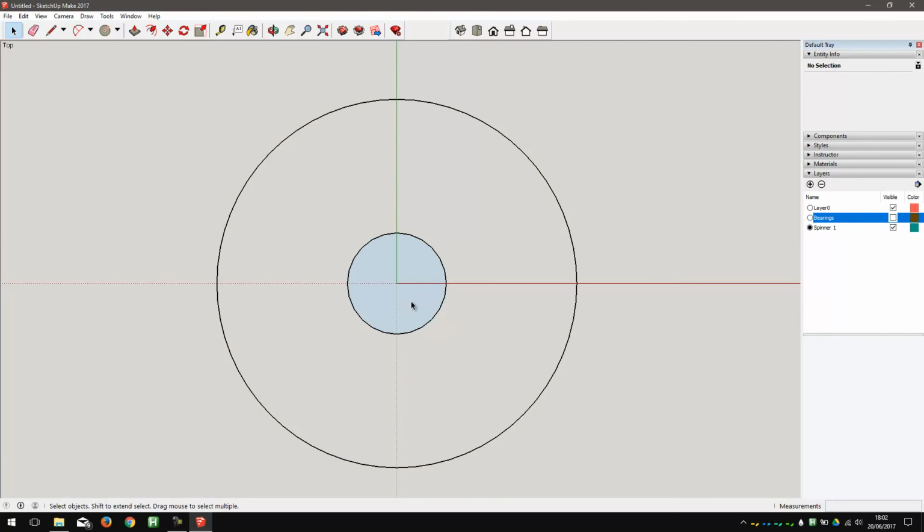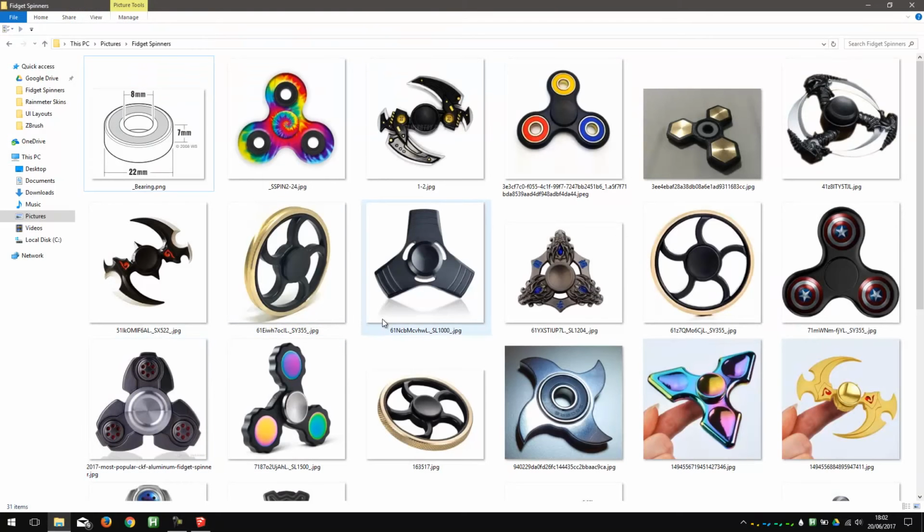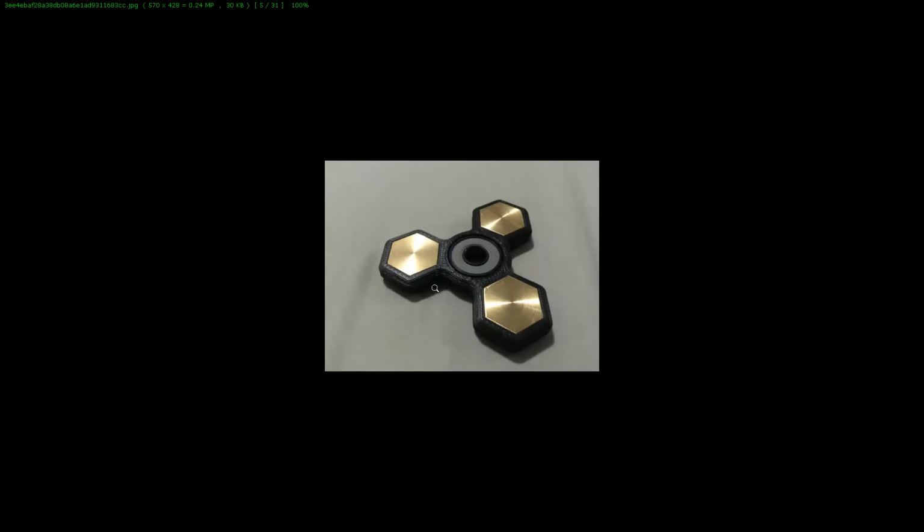So I'm going to make a very basic fidget spinner. We're going to look at, to start with, one with basic geometry. So this one right here. Okay, and this is actually a 3D printed spinner, so it's a nice one to start with. We've got a hexagon in the center, and then 3 more hexagons around the outside. So let's close that,